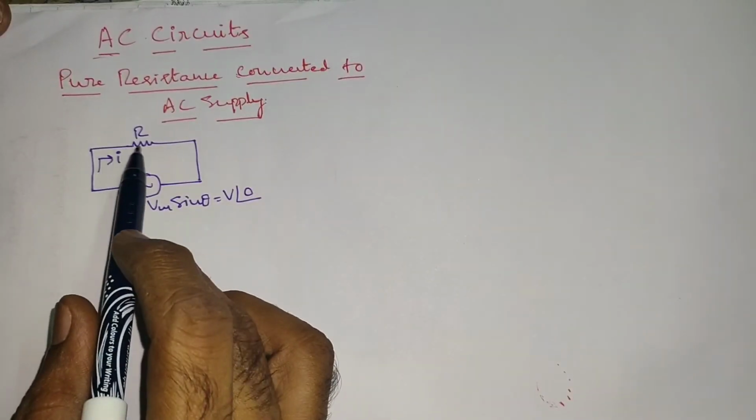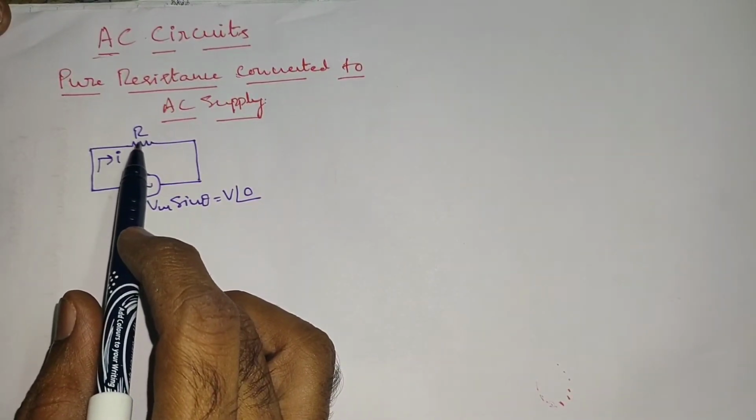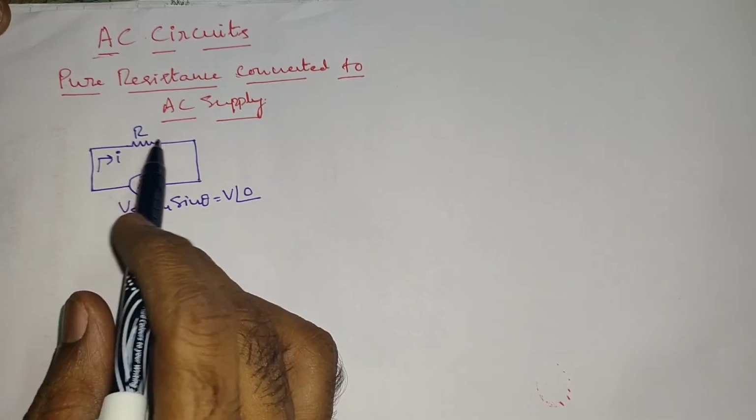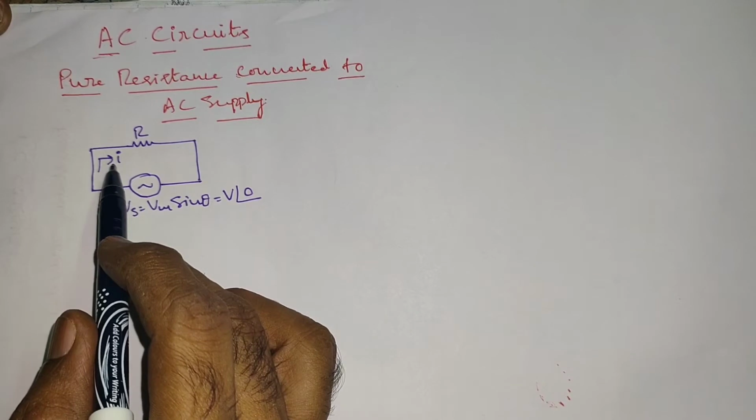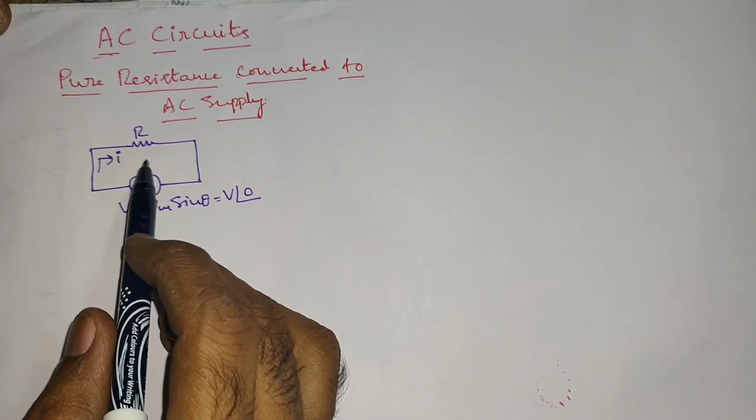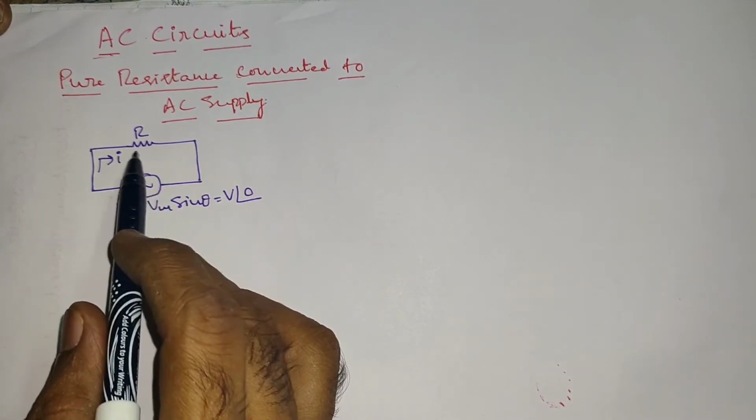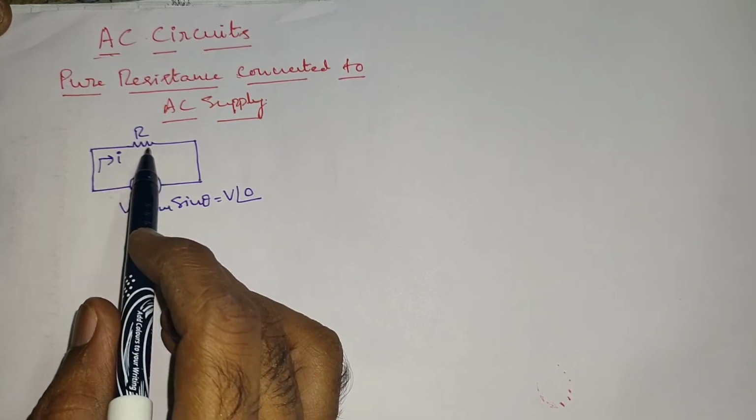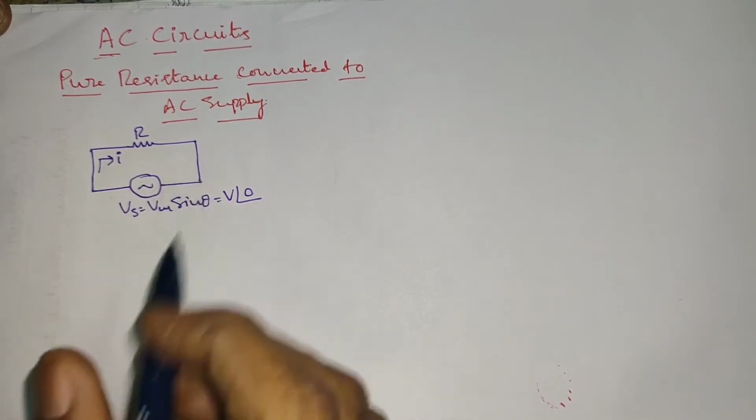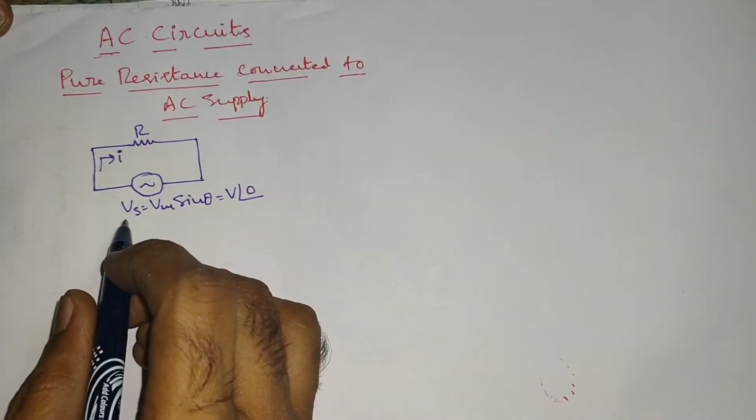And we know that resistance is the property of opposing the flow of electrons, and it doesn't matter whether the current is AC or DC. Simply it opposes the flow of electrons. Hence, the parameter resistance will have the same effect for both AC and DC. Hence, here also we can implement